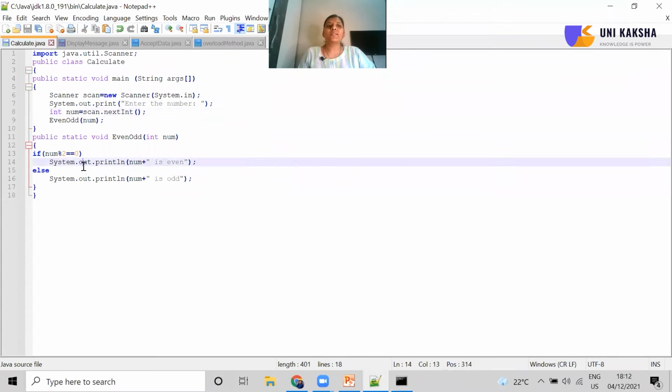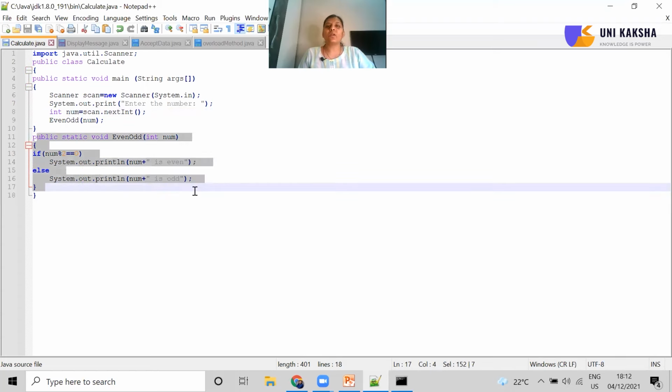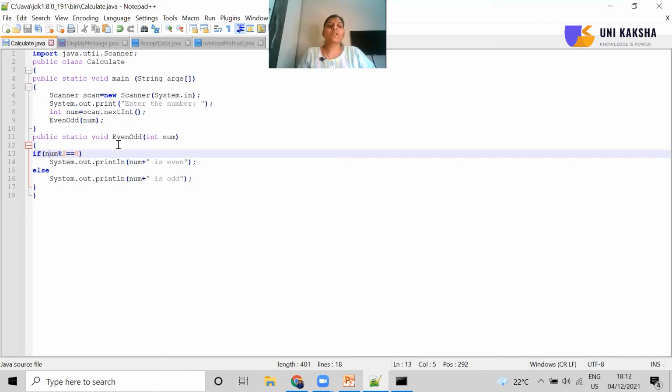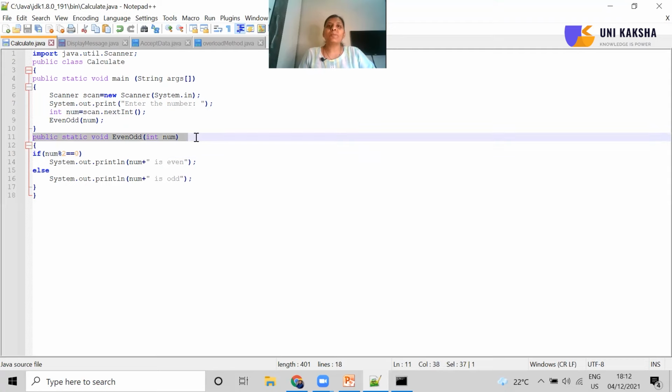So here, let's have a look on the definition part of the even odd method. Even odd is a method which is not going to return anything, but it is going to accept a value as an argument from the user. So here we are passing the argument. The method is going to find out whether the entered number is even or odd. For that, the logic has been entered. The main part of this method is that we are passing a value, or an argument, to the method. This is how you can write the method definition if you want to pass the argument.